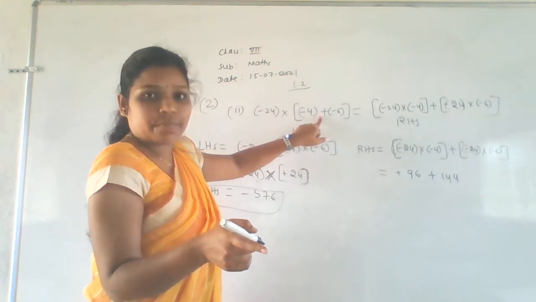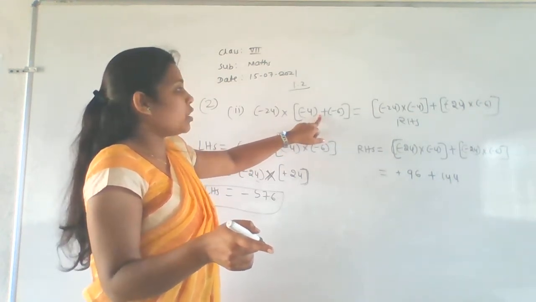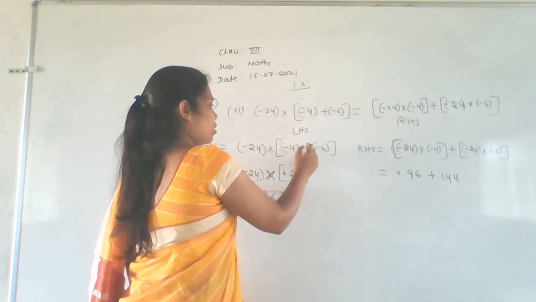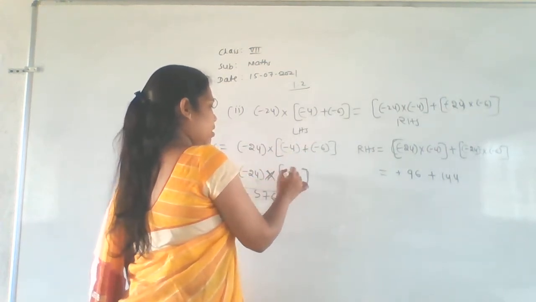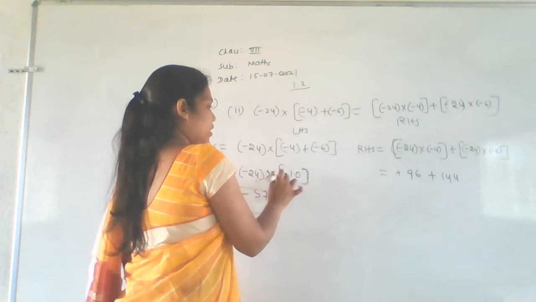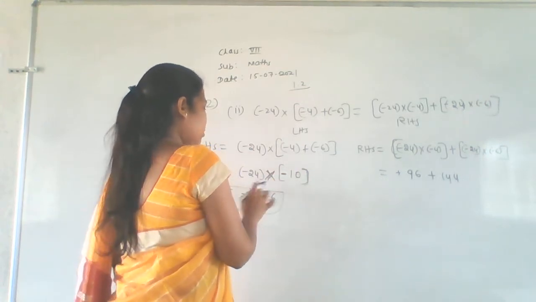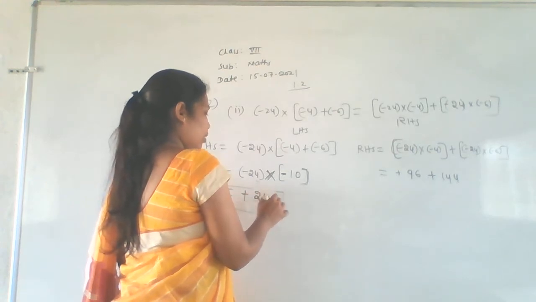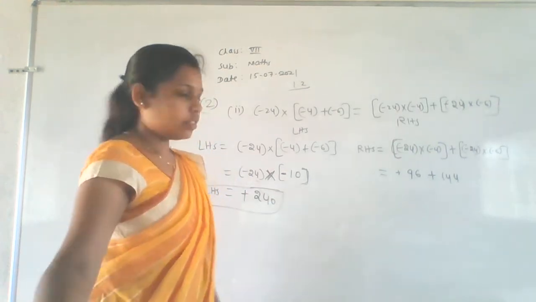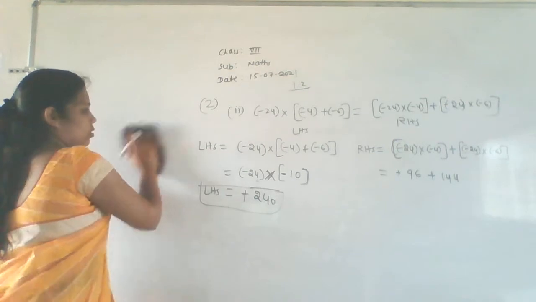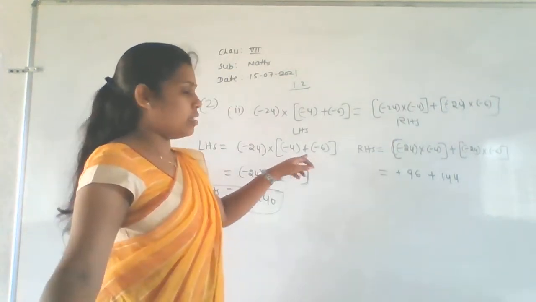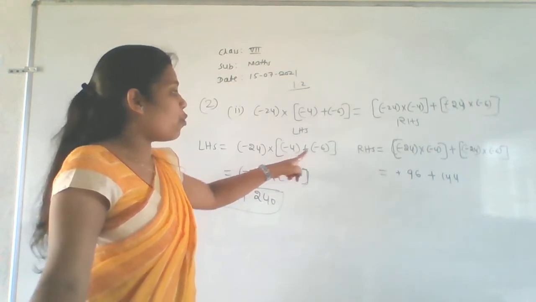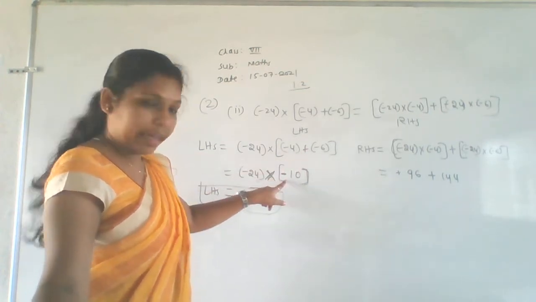Here addition is there. So if it is addition, minus 4 minus 6 will be, what is the value here? We get 10, right? Minus 10. Minus into minus will be plus, and this will be 240. Wait. Minus 4 minus 6, both are minus, then add the numbers and write the minus sign. So 4 plus 6 is 10 and the sign will be minus here.